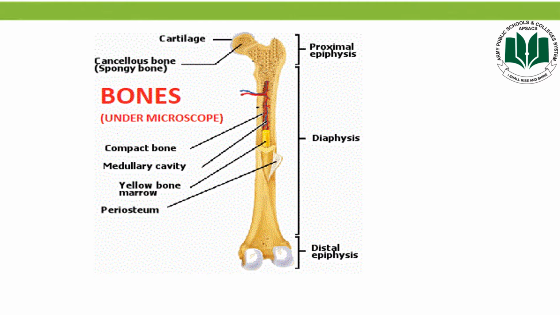And as you see, the inner bone mass is called spongy bone. Most of the spongy bone is present in the epiphysis. Basically, the red bone marrow is also found in the spaces of spongy bone. And students, as you see in the diagram, the outer surface of the bone is covered with a fibrous membrane called periosteum, and the inner region is called endosteum, right? That means the outer region is called periosteum while the inner region is called endosteum.